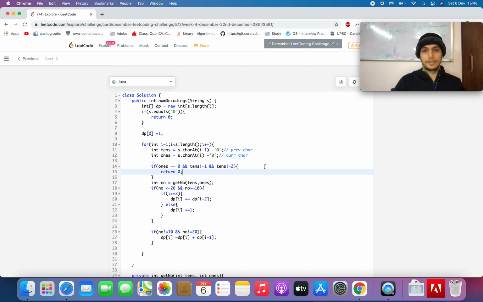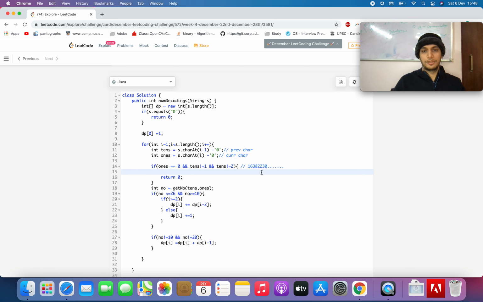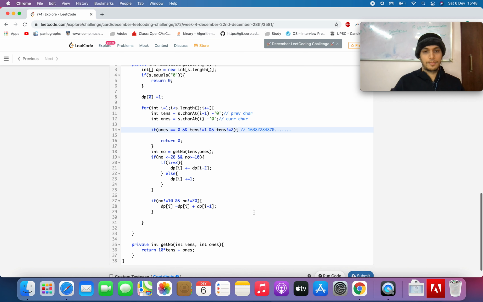What will be those cases? 30. So if the string is something like 30 or something after that, when you're decoding 30, it won't be possible, it will break. Similarly, anything like 90 or 40, 60, 70, for those cases as well.